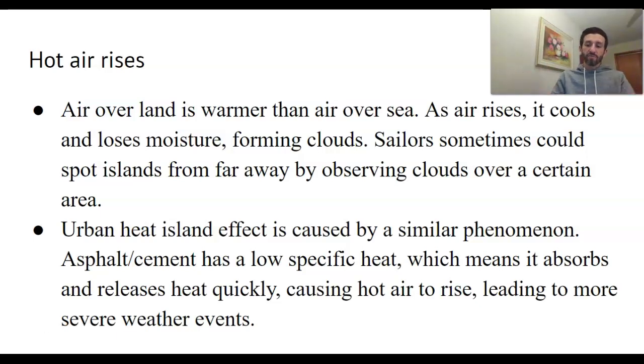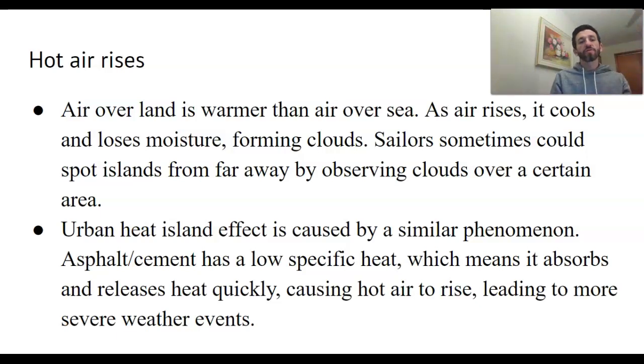Because remember, land warms up, so the land of the island would get warm more quickly than the ocean, right? But then that air rises over the island, and it loses moisture, and it forms clouds, so you can see the clouds from far away. And of course, that helps the little ecosystem of the cloud there, because it'll rain on the island, and then it just keeps